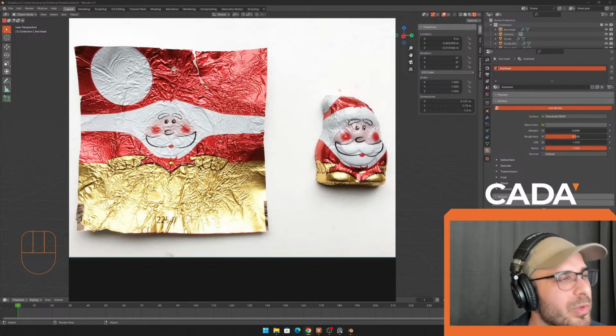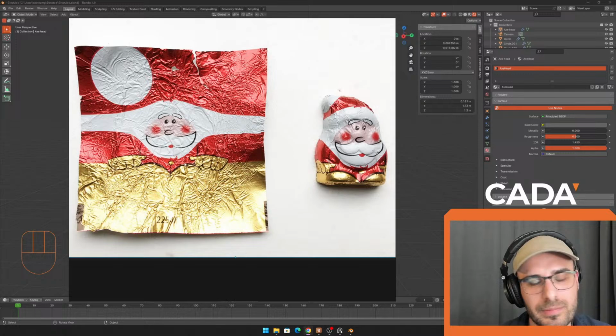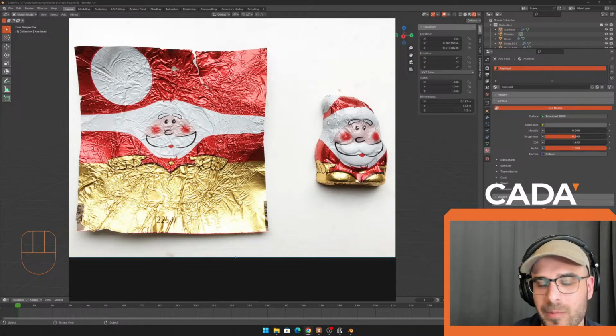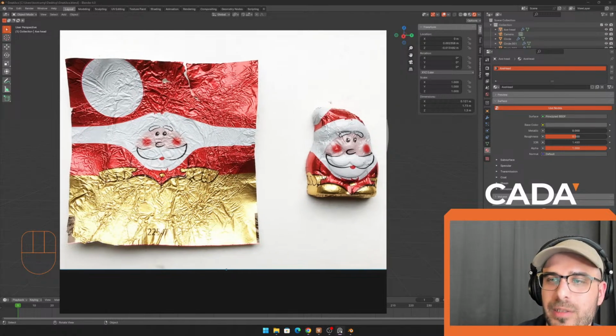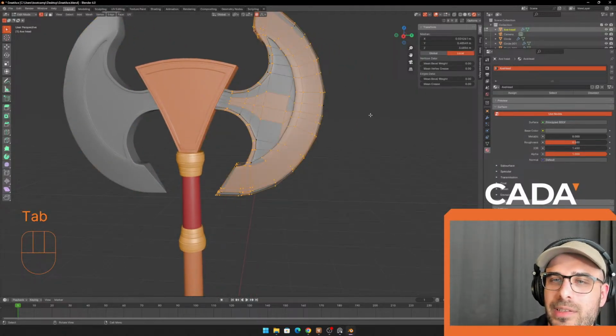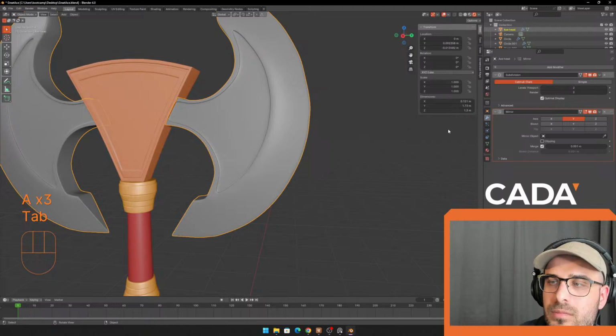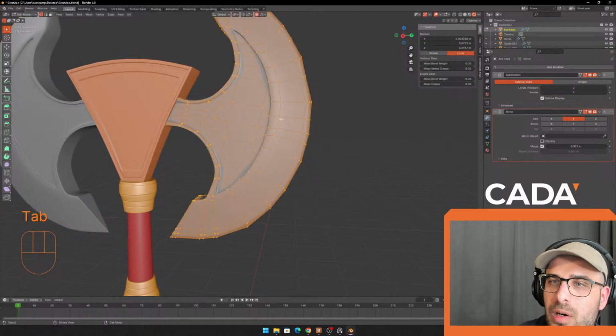It's probably the most complex thing we'll do today. But other than that, we're just gonna be painting pretty much, okay? So if we go ahead with this axe head here. So to start off with,